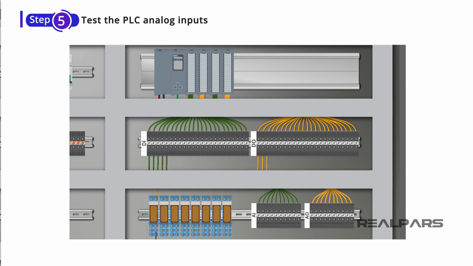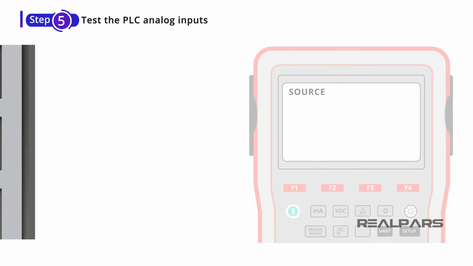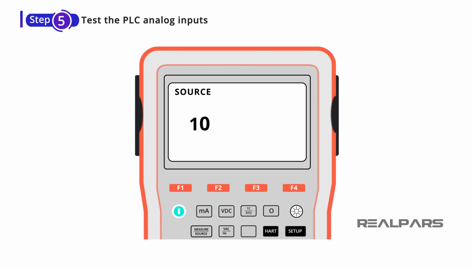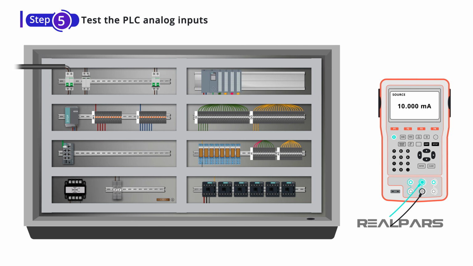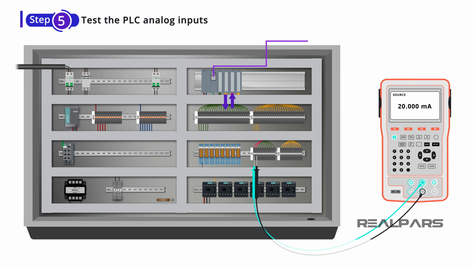Assuming that other ends of these terminals here are connected to terminals number 1 and 2, to test this input, I can put the signal simulator on the 4 to 20 milliamp current mode and then connect it to the other end of these terminals. By doing this, I am simulating a 2-wire transmitter connected to my analog input card. Now I can play with the simulator, change the input values, and observe the changes on the output based on